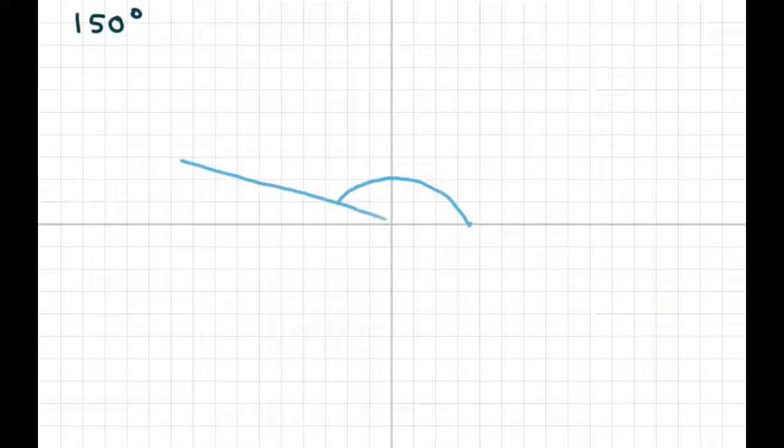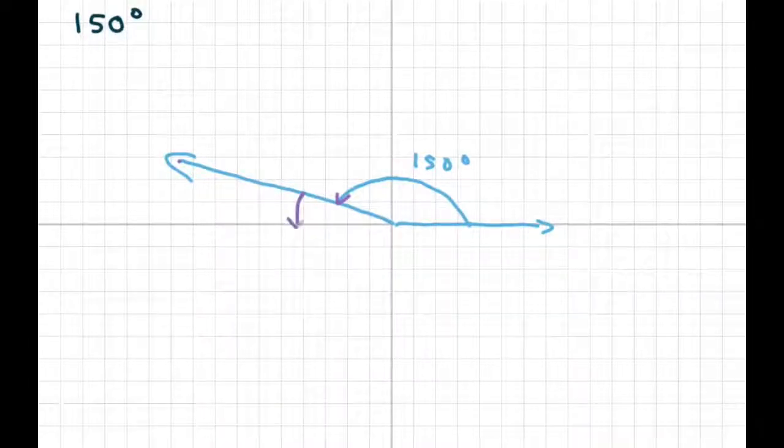We got two more. We have 150. So basically 150 is, this would be 90, need 60 more, so it'd be right there. This is your initial side. This is your terminal side. This is 150 degrees. Okay, so for the reference angle, we're going to take our terminal side and draw down